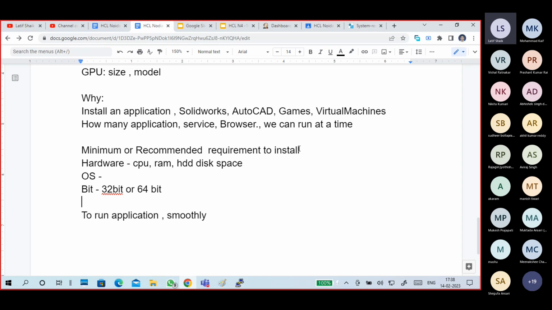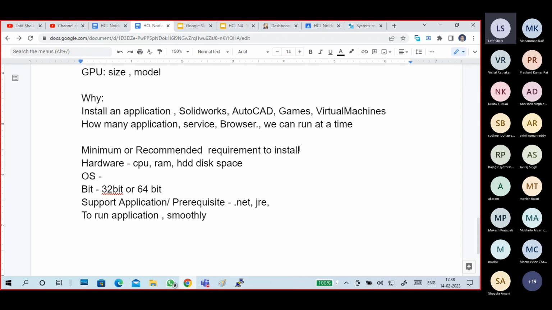Supporting applications are sometimes a prerequisite, for example .NET framework or Java runtime environment.